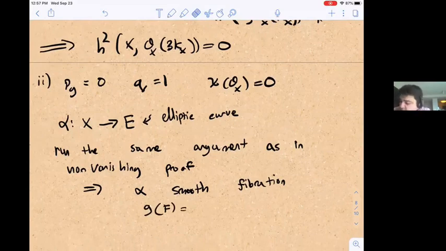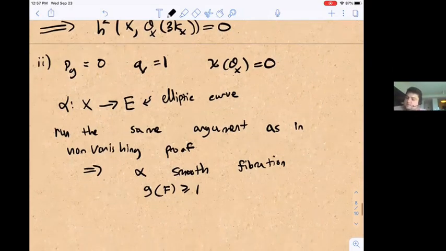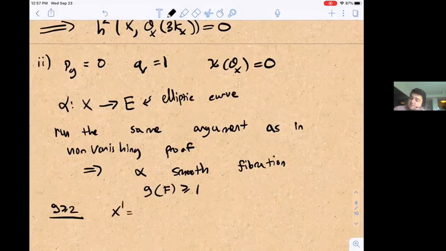Well, I guess we want to deduce that, but a priori it tells us that alpha is smooth and the genus of the fibers is at least 1. That was the argument that we already wrote down in that previous proof. And now we also know that some cover. So in the genus greater than or equal to 2 case, we have that this is a quotient of some E' cross F